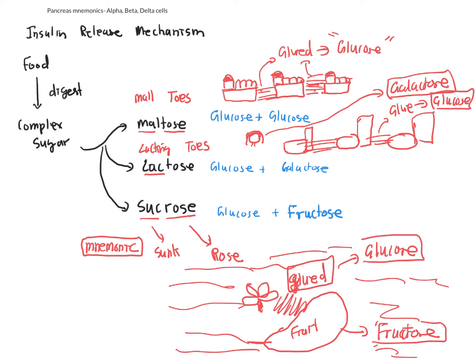Now we need to talk about what breaks apart what. Maltose is broken down by maltase. Lactose is broken down by lactase. And sucrose is broken down by amylase,